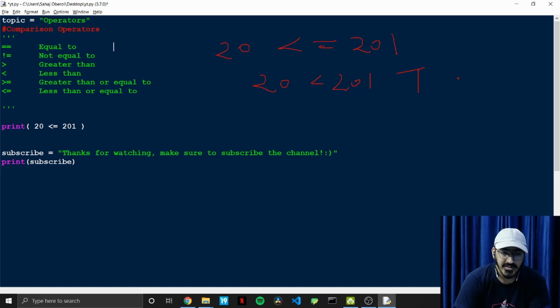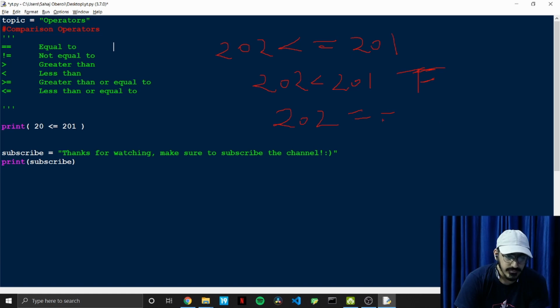And if this is by chance false, so if we have 202 here, then obviously this would have been a false condition. So what would it do in that case? Then it will move on to the next part, which is checking for equal to. It would check whether they both are equal. Again, in this case, this is also false, so ultimately it will return false.